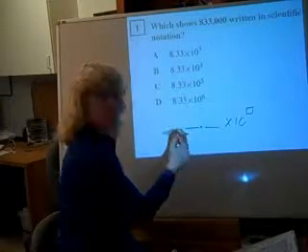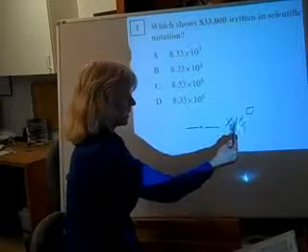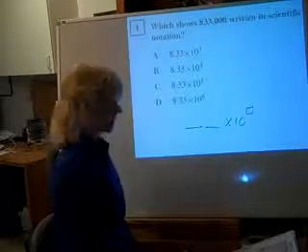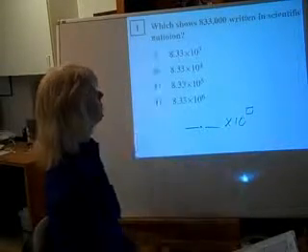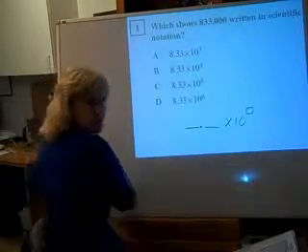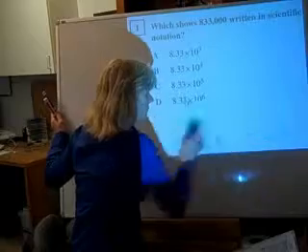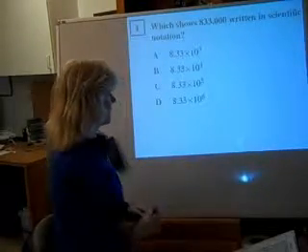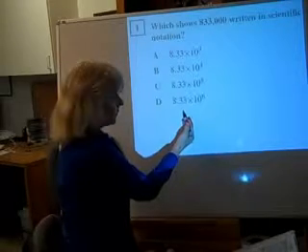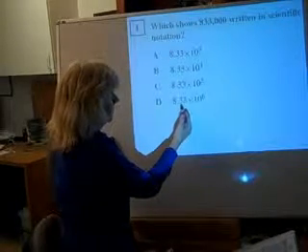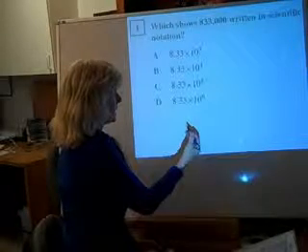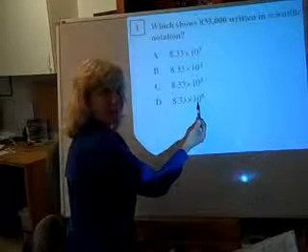The first number is a number between 1 and 10, and then it's times 10 to some power. This power could be positive or negative. Before we answer this question, let's look at our answer choices for a minute to have a little review of scientific notation. If we took this number, I'll start at the bottom here, 8.33 or 8 and 33/100ths times 10 to the 6th, and we actually multiplied by 10 6 times,